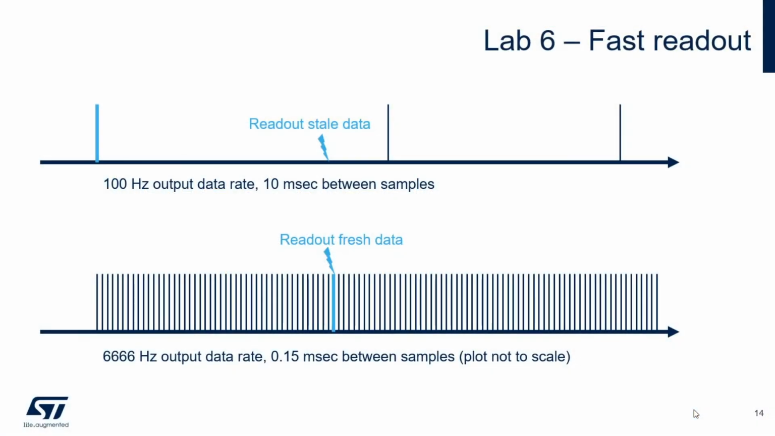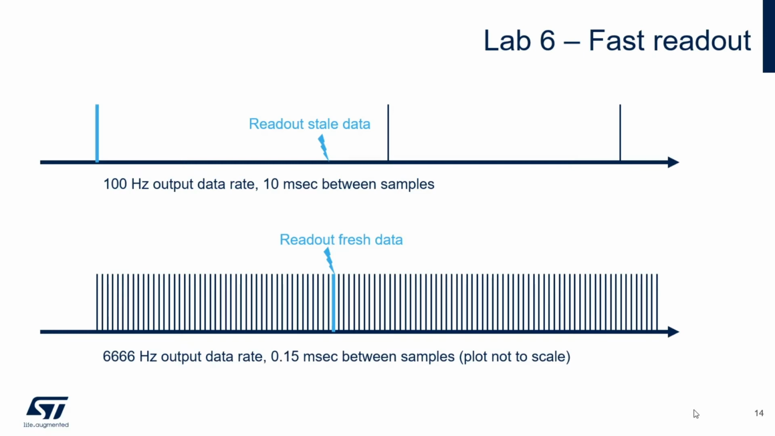In this lab we will be configuring the sensor to take measurements as fast as possible. The sensor is typically configured to take 100 samples per second. This means that there are 10 milliseconds between consecutive samples. When the application is not synchronized with the data ready interrupt, the data read by the application can be stale. We need to increase the sampling rate as much as possible to guarantee that the data read by the application is fresh. We will configure the sensor to work at its highest output data rate,